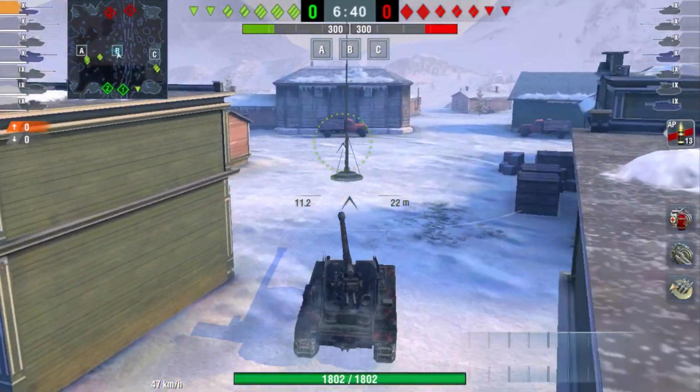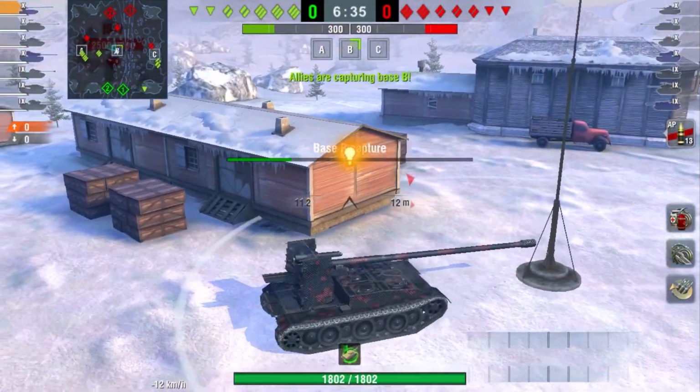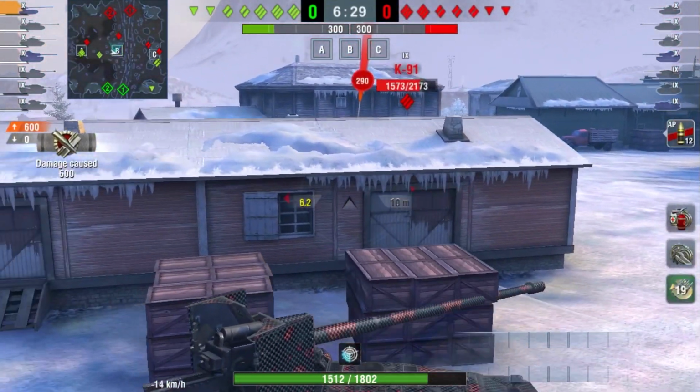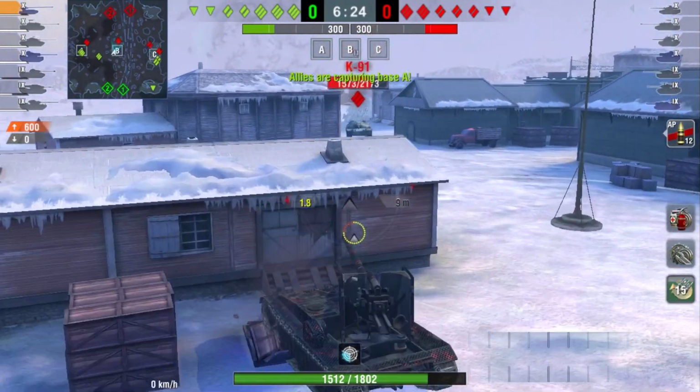I just go into B. I could actually stay behind the house here, but I just go straight into B because here you have a lot of side shots. Alright, I know I will get shot by the K91, but it's very important that I shoot him now already,